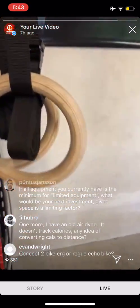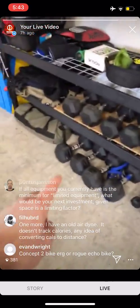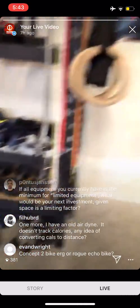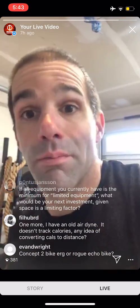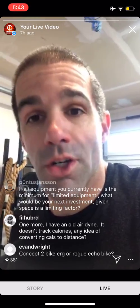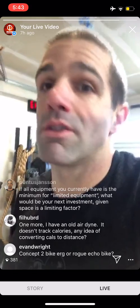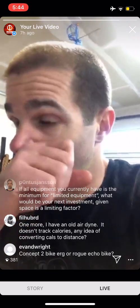You get yourself one jump rope and one set of dumbbells. So that's it. Pull-up bar, a set of rings hanging from the pull-up bar, a jump rope, and a pair of dumbbells. That's everything you need every single day to do the limited equipment option on the private track, which, by the way,